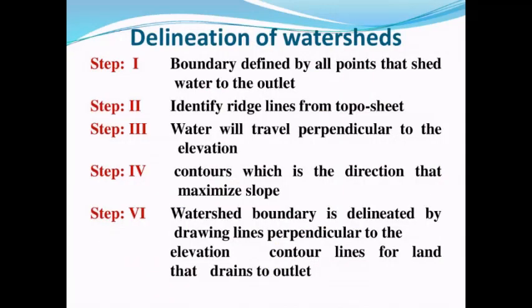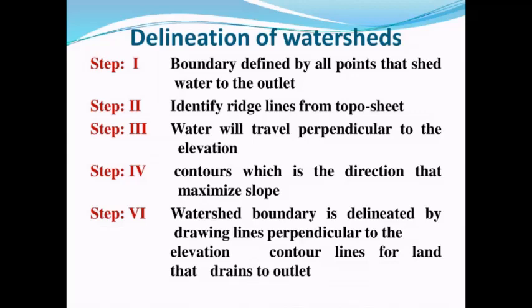Let us move on to the basic steps involved in the delineation of a watershed. First, the boundary is defined by all points that shed water to the outlet. Step 2, identify the ridge line from the topo sheet. Step 3, water will travel perpendicular to the elevation. Step 4, contour, which is the direction that maximizes slope. And finally, the watershed boundary is delineated by drawing lines perpendicular to the elevation of contour lines for land that